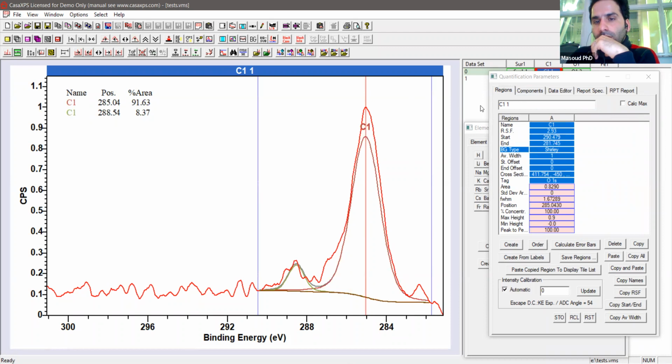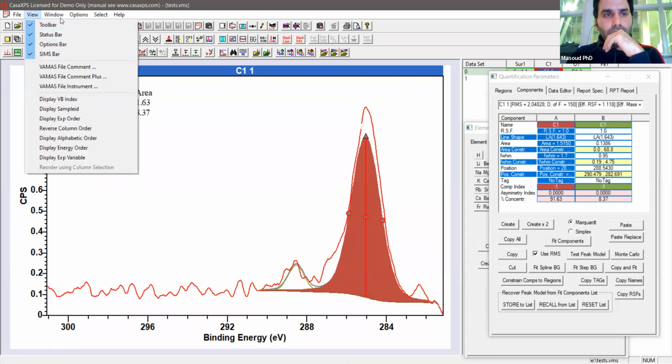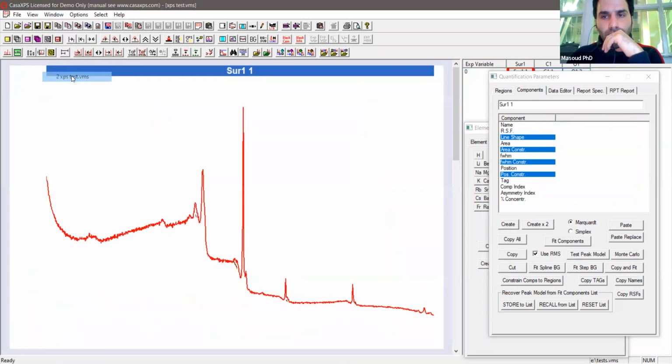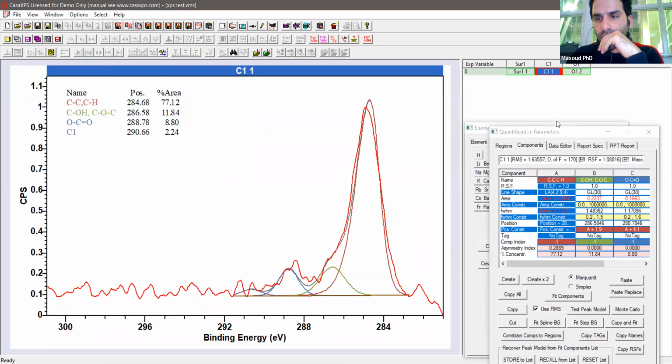Here, if I use the asymmetry, it is not quite fitted. So if I go to another type of peak fitting, see here,